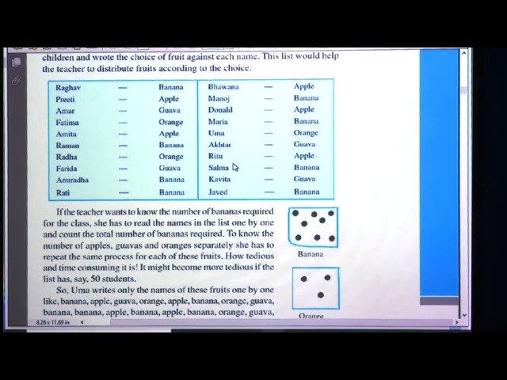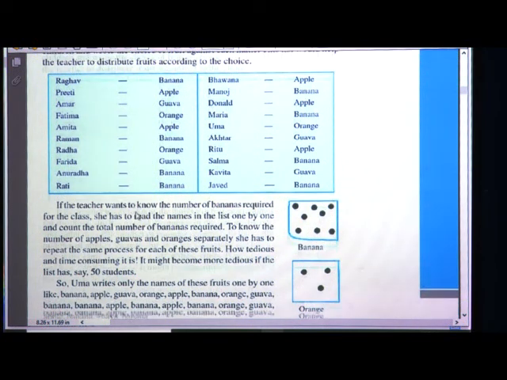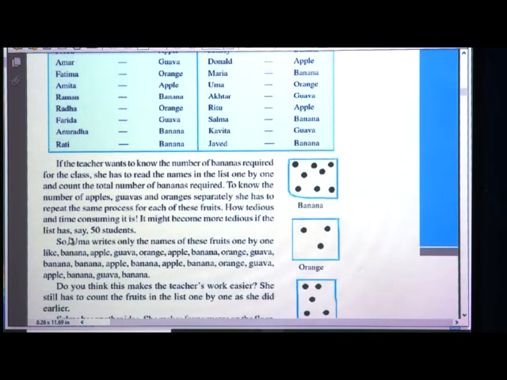So, it is difficult and it takes a lot of time to take all the names of the students and ask about each fruit in detail. And if the number of students in the class is more, it is again more difficult, right. So, instead of that, what has been done here?